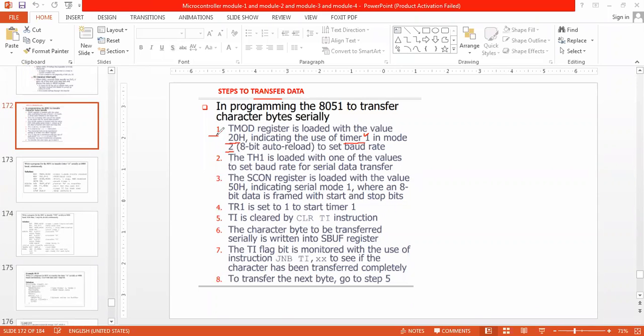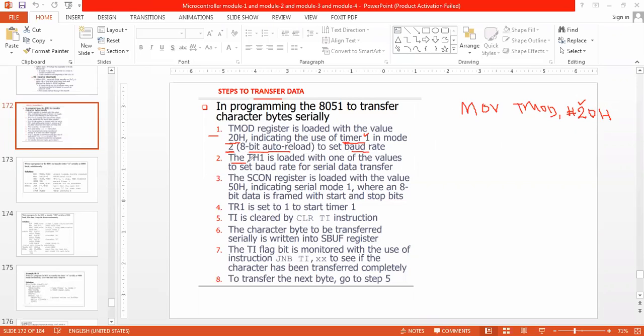So the first step is MOV TMOD, #20H. For timer 1 I am using the upper 4 bits, and the 2 is mode 2. What is mode 2? It is an 8-bit auto reload, to set the baud rate.